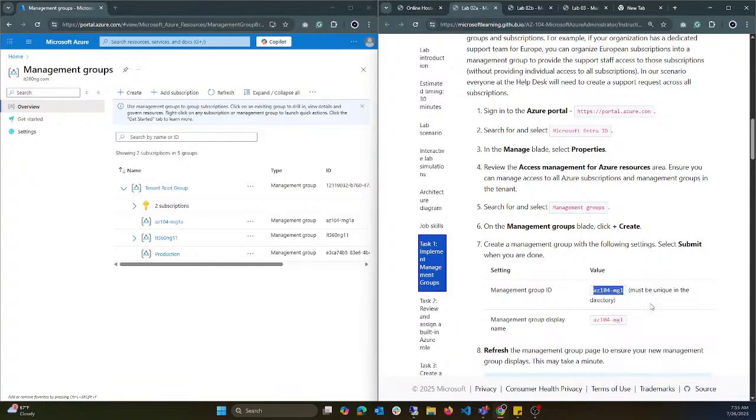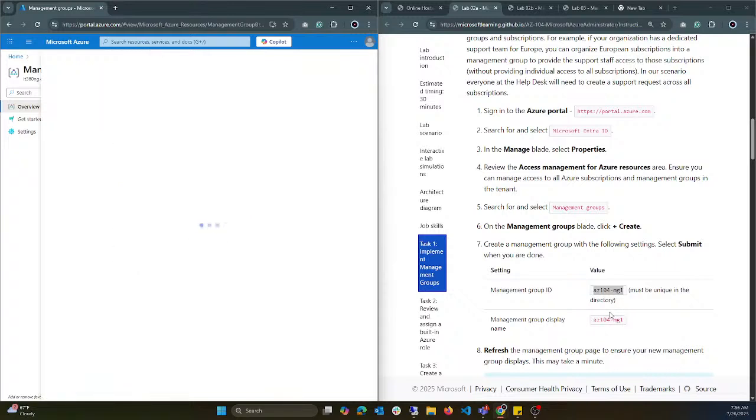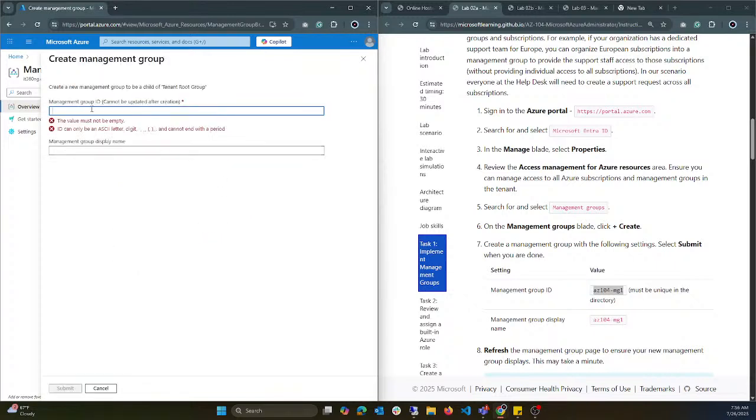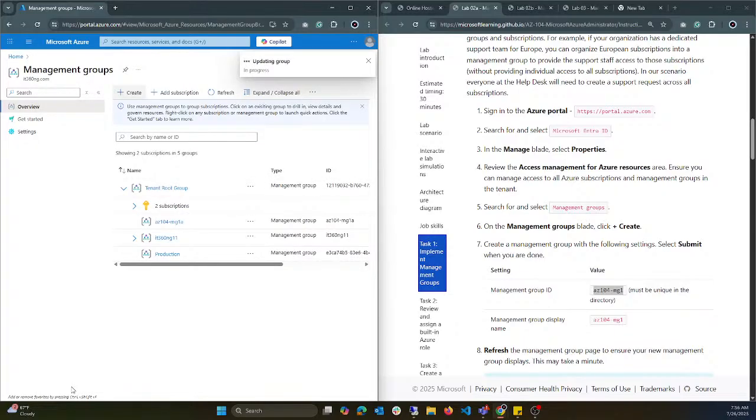So I'm just going to copy this and create this one, and I'm going to use the same name as what we have within the instruction page. So paste this here, and it says the management group display name should also be the same, so I do that here. This cannot be updated after you've created it. So I'm just going to create. I'm creating the management group now,